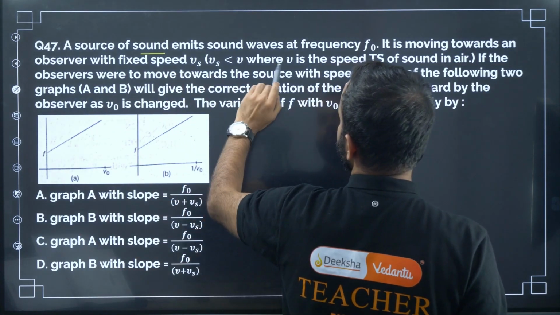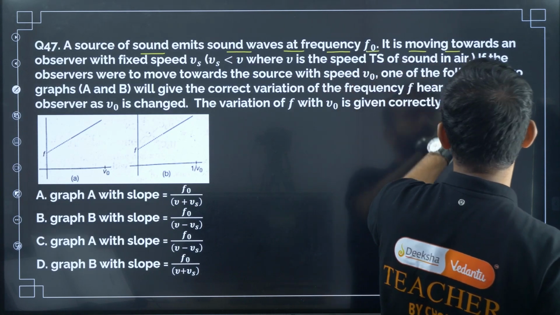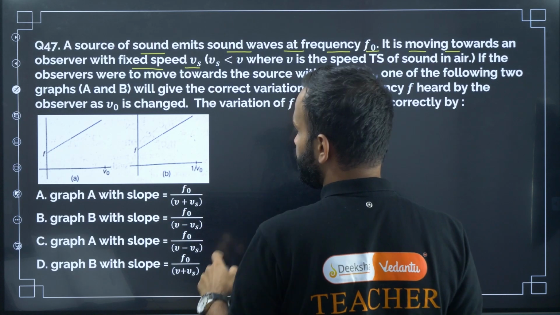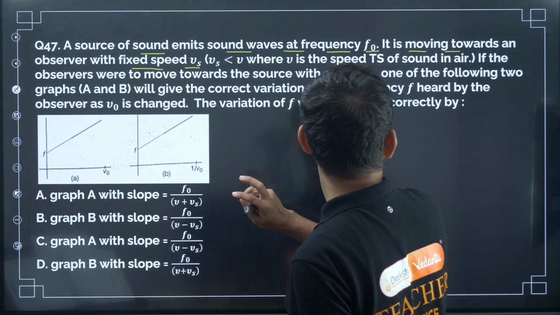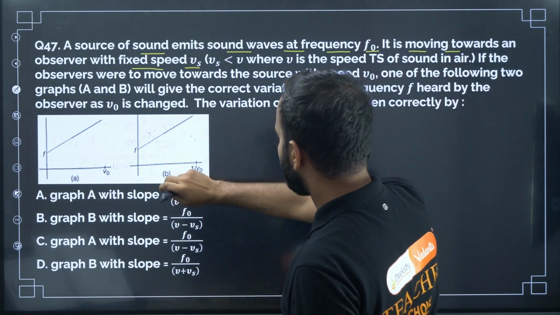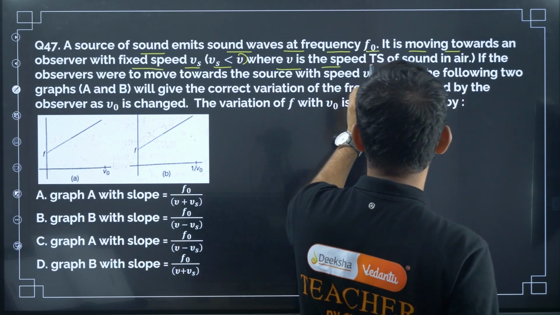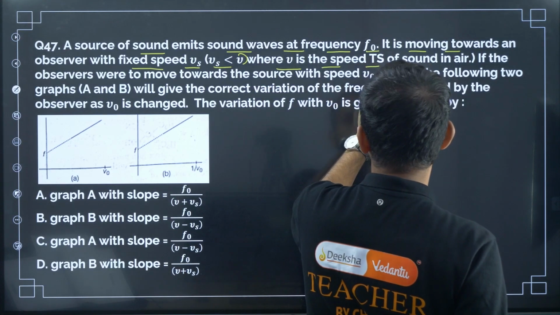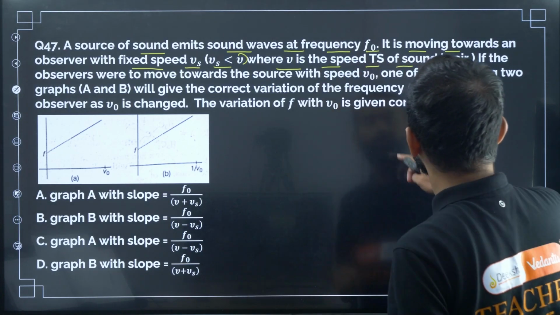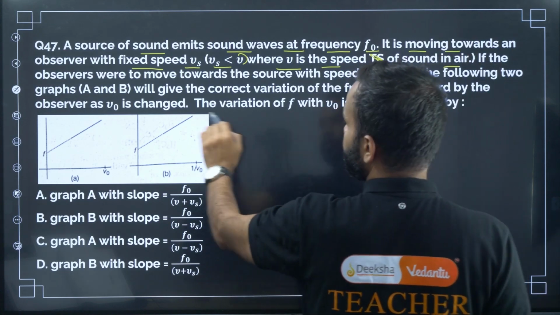A source of frequency f0 emits waves. It is moving towards an observer with fixed speed Vs, where Vs is lesser than V, and V is the speed of the sound in air. If the observer,